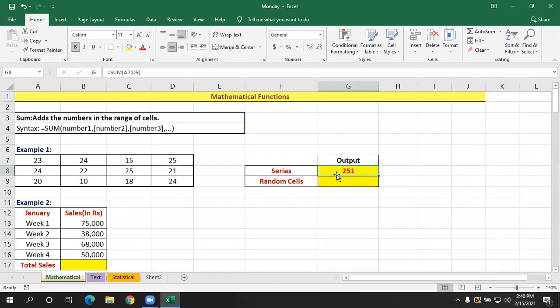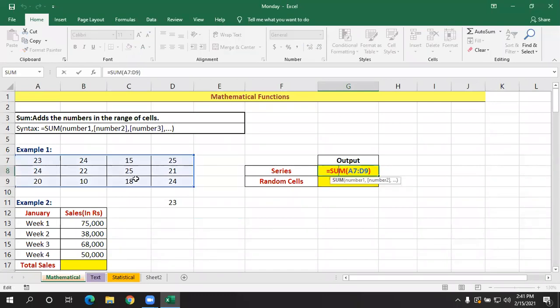If you don't want that, we need to make it manual. How to make it manual, I'll show in the next session. But today we'll understand how these functions work. Remember, it will only change the values if you change within this range. If I type somewhere else, it will not change because that range is not included.